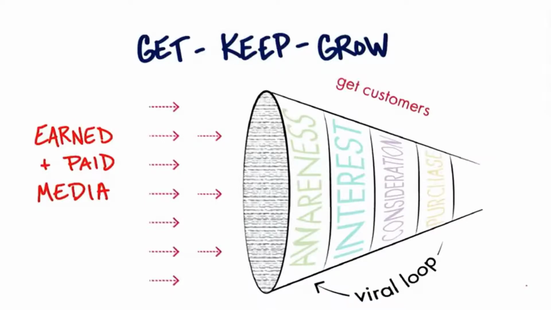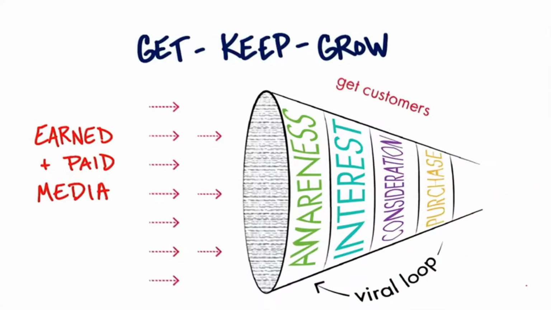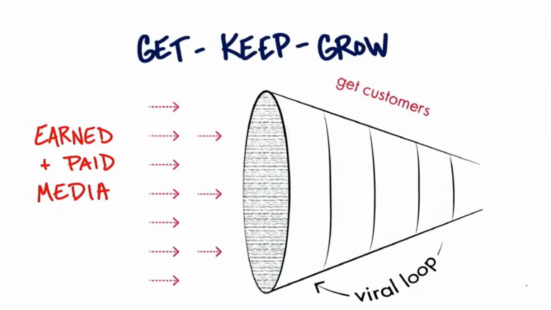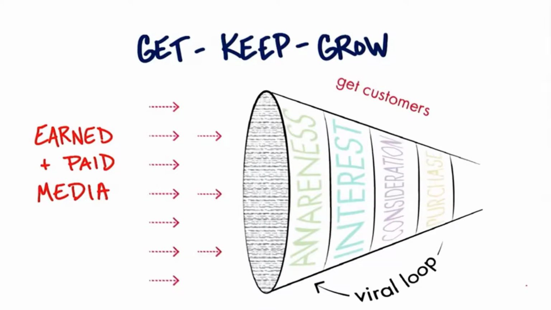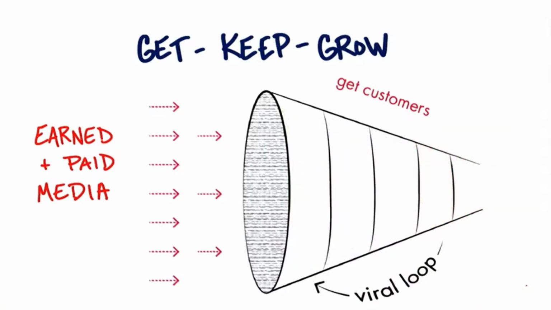Just as a note, one of the interesting things about getting customers is I happen to draw the funnel that says awareness, interest, consideration, and purchase. But here's just a heads up. In your funnel, in your physical channel, you might decide the steps are slightly different. So don't feel locked in to calling them awareness, interest, consideration, and purchase. Just realize that you need to modify this to what your real cycle is. And you will only learn that as you watch customers get from being aware of your product to purchase. So use this as a template, but don't think that there's anything magic about this. It's just a proxy.